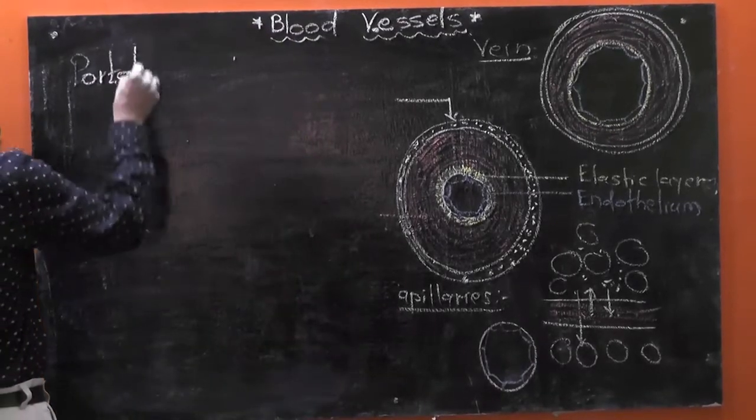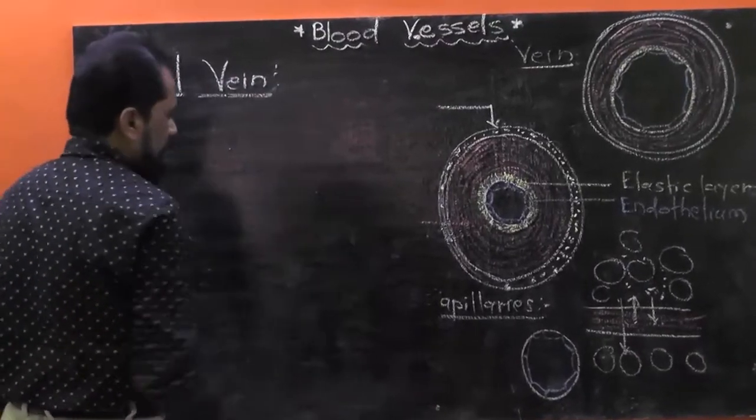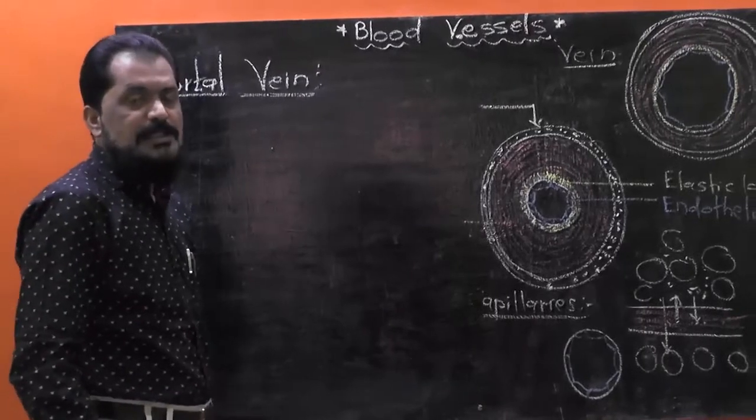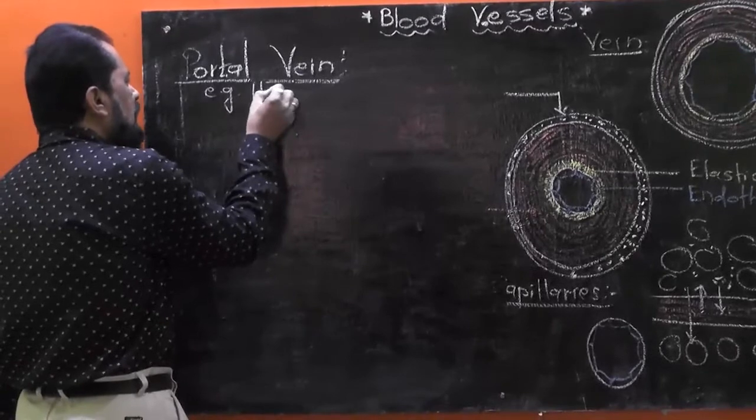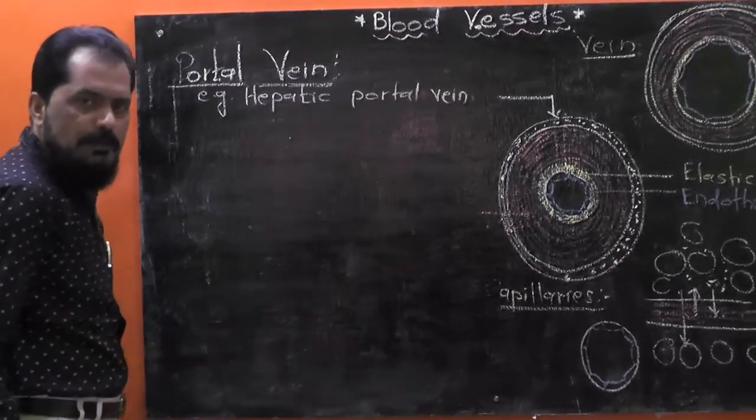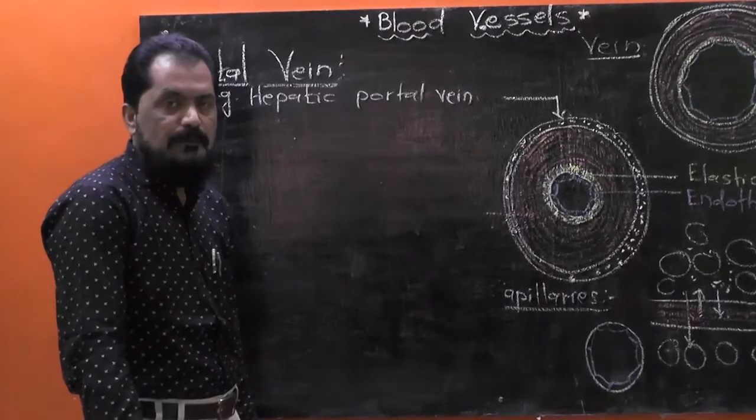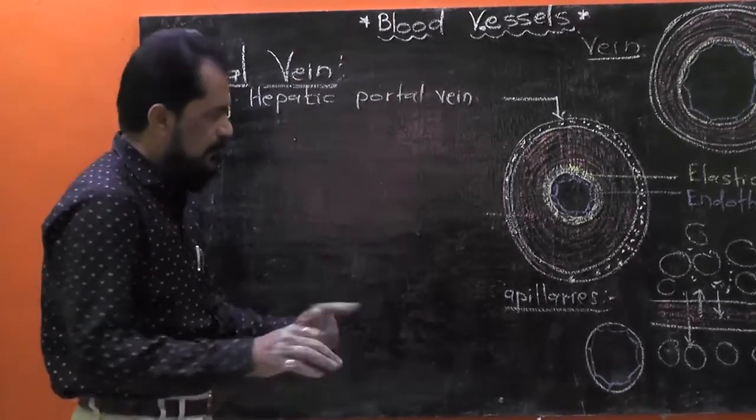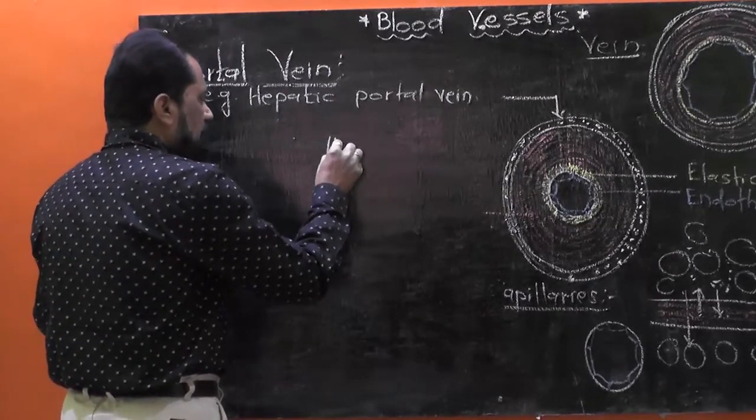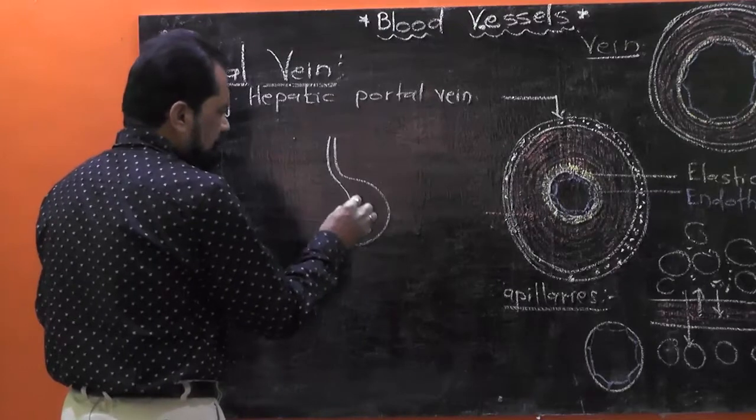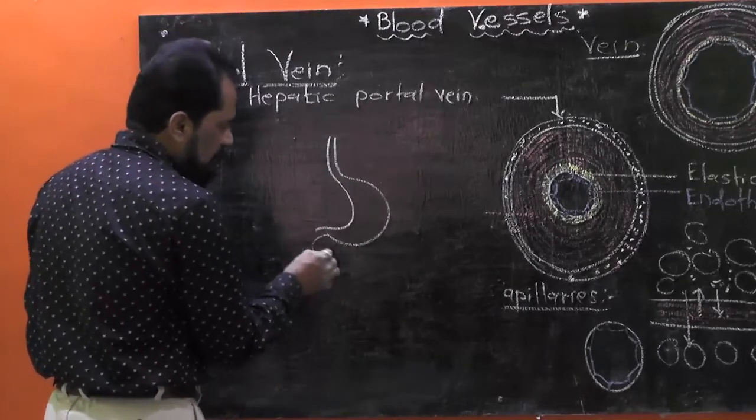पोर्टल व्हेन, आत्ताच मी म्हटलं की पोर्टल व्हेन मीन्स द व्हेन, द ब्लड वेसल which has double capillary system. A typical example is of hepatic portal vein. Hepatic portal vein, it carries the nutrients from intestine up to the liver. Look, suppose here is the alimentary canal. Just consider esophagus, stomach, small intestine,